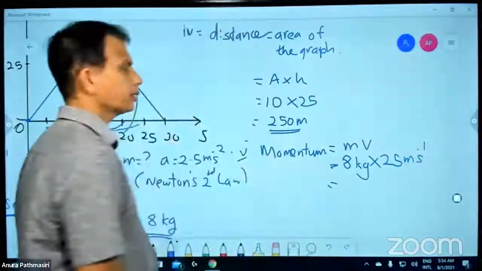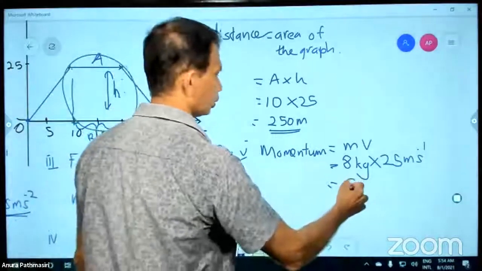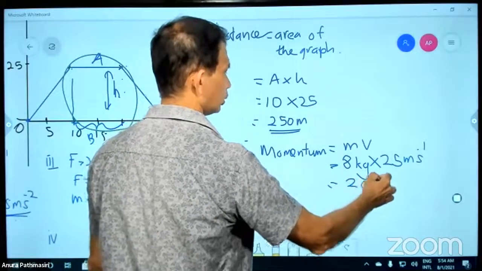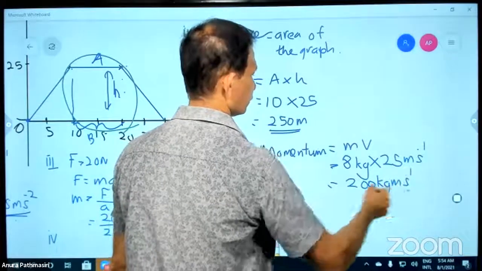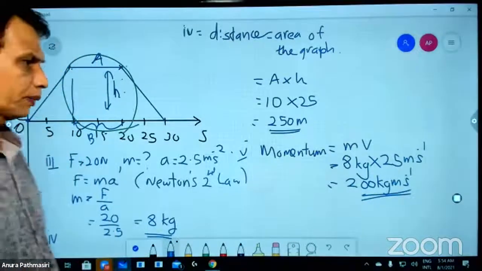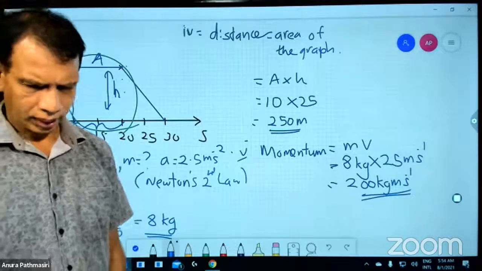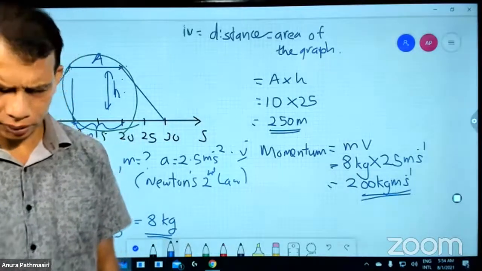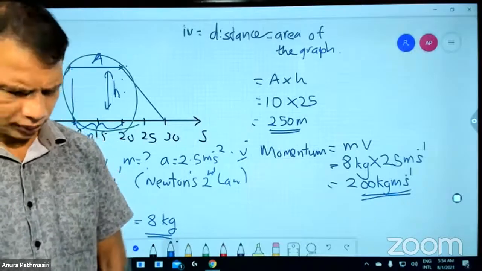So 8 times 25 is 200 kilogram meters per second. And find the force applied to bring the object to rest position from the velocity of